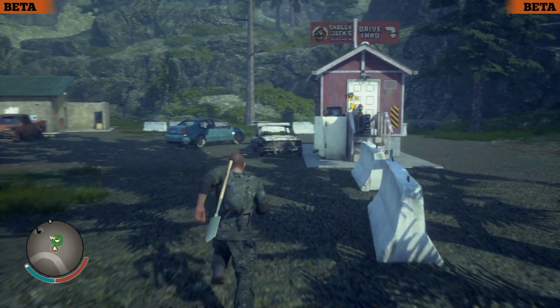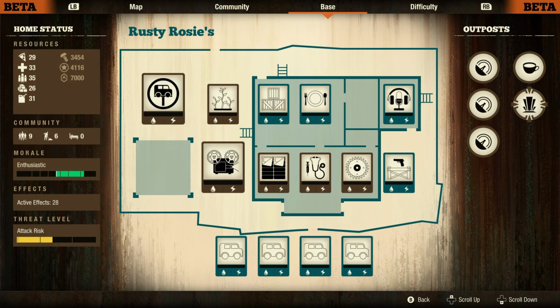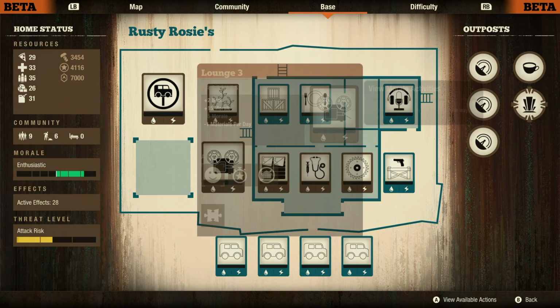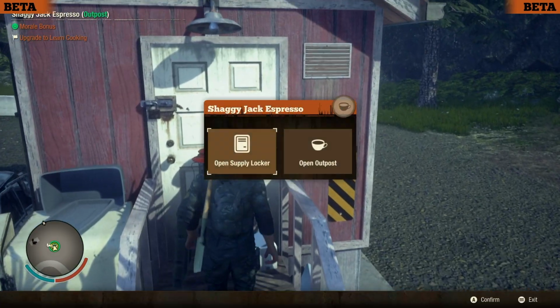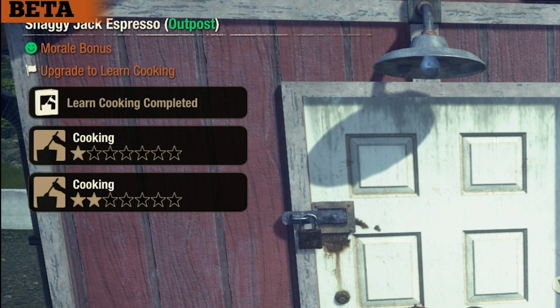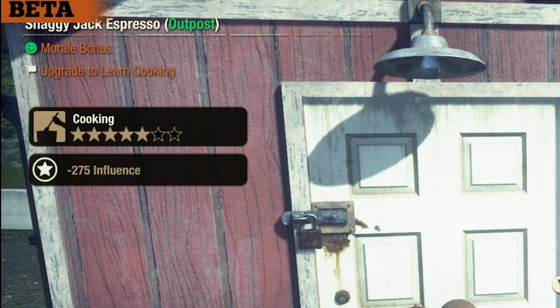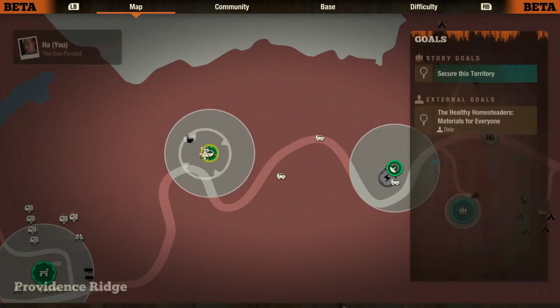Anyway, so here we are, and we should have maximum morale. We do, just barely over, and there's no other effects going on, so there's no way to accidentally get EXP. Let's see how much skill we get. Learn cooking, 275 influence at max morale. 2, 3, 4, 5. So it looks like we get 5 stars,